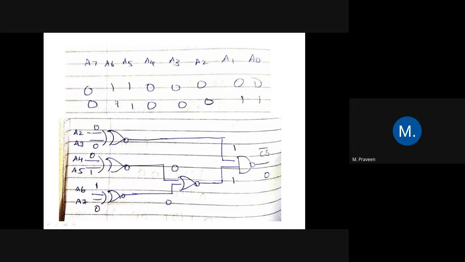Just refer to the starting address. Okay, A6 is 1, and A7 is 0. So here if it is 0 0, it is an XNOR. So 0 0 means the output of the XNOR is going to be 1 here, and here it is 0 1. So A4 A5 is 0 1 means here the output is going to be 0 for the XNOR. This is also an XNOR. So all three are XNOR.